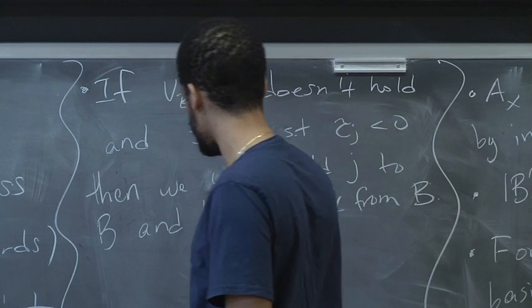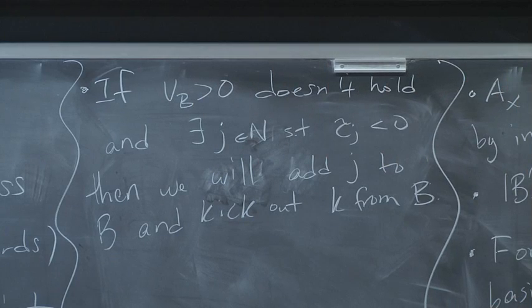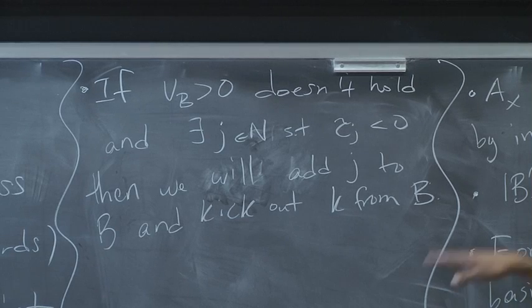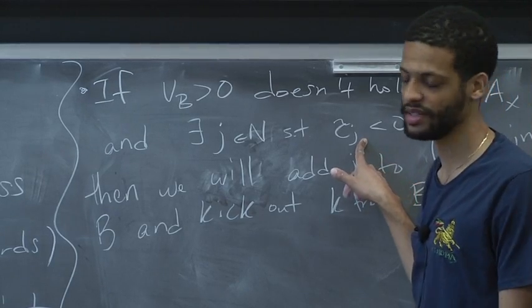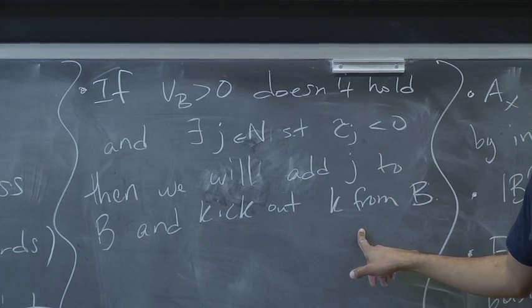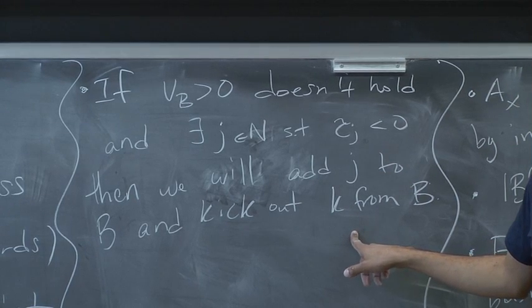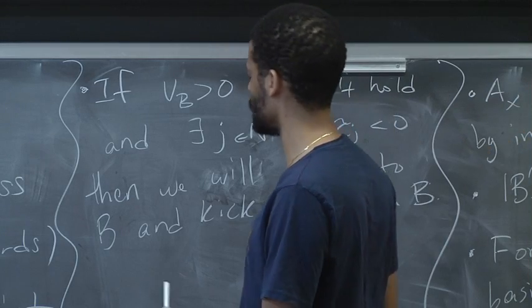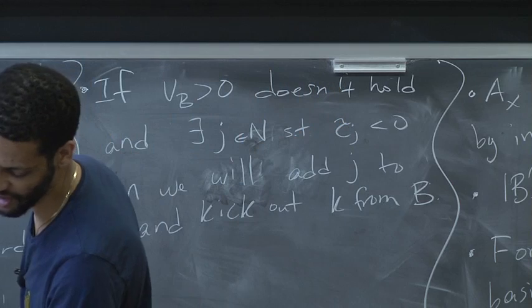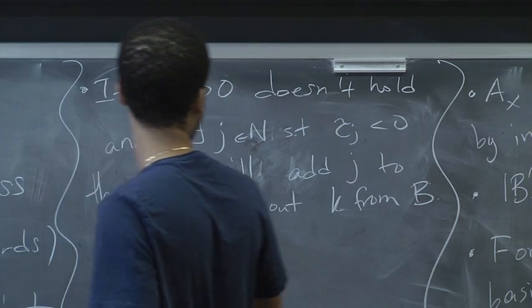And if you're not careful about this, as I mentioned before, you might get into an infinite loop where you keep replacing the same variables with each other and never actually make any progress. But it turns out that there is a way to decide which j to put in, because there might be multiple j's which have a negative reduced cost, and there might be multiple k's where vk is already 0, right? So it turns out that there is a way to do this, which provably never has an infinite loop. I'll tell you what the rule is, and then I'll put a link in the notes to a proof. I don't want to get into the proof, but